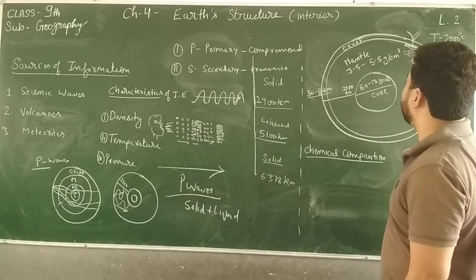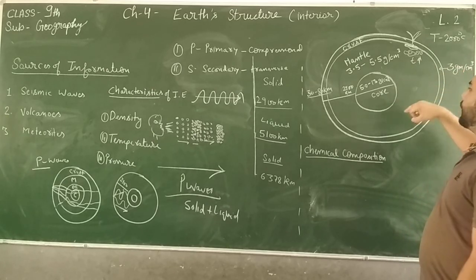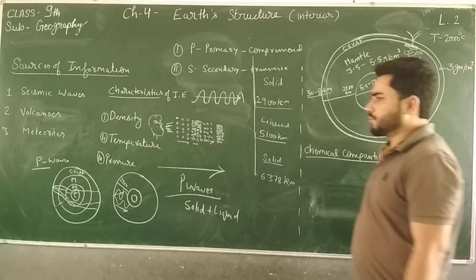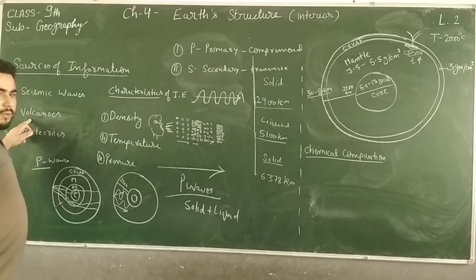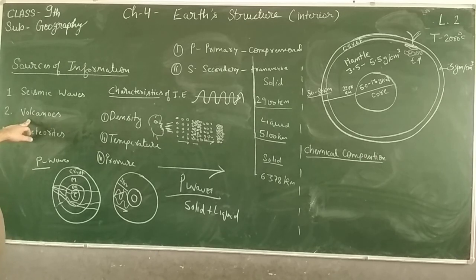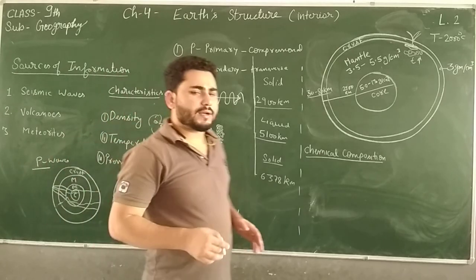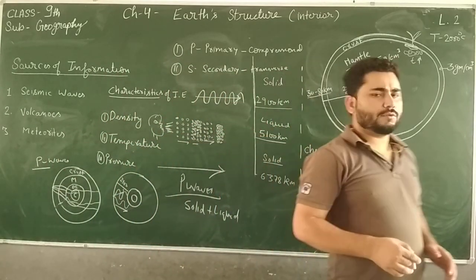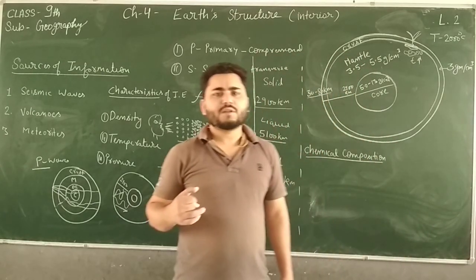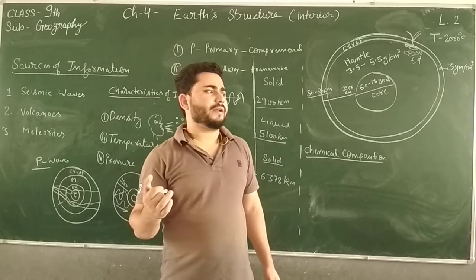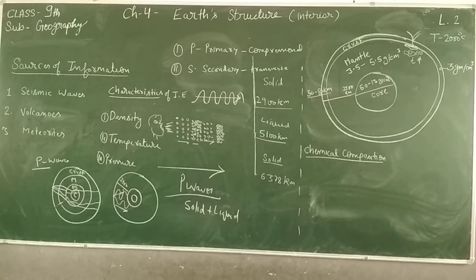So how do we come to know about the temperature of the interior of the Earth? We come to know through volcanoes, through the materials which are erupted from the volcano. Then meteorites. Meteorites are celestial bodies which travel in space. And when they come into contact with Earth or into the magnetic field of Earth,